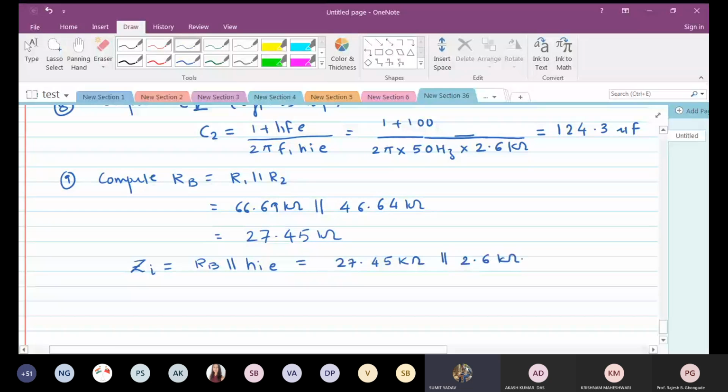Again, as a rough check, the effective value of resistors in parallel will be closer to the one which is smaller. So 2.37 kilo ohm. Yes, I'm getting 2.363 kilo ohms. Okay.